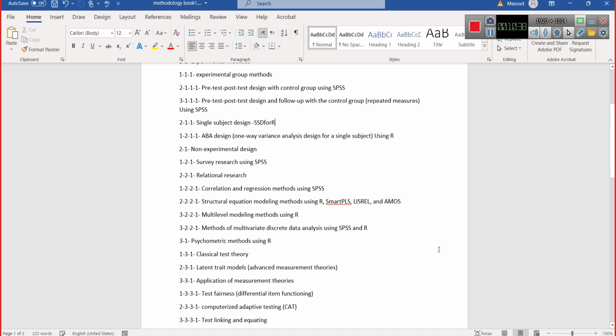In the field of statistics, it is preferred to name all of the designs that we do in a cross-sectional manner the survey design. But in behavioral research methods, we may name the variations of this research design,